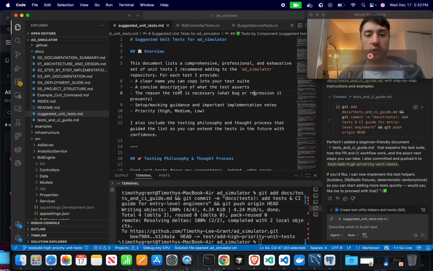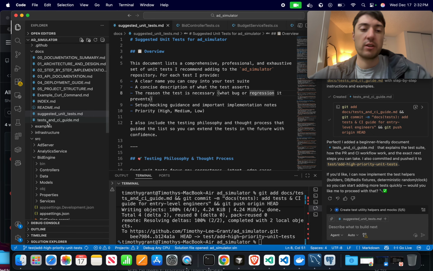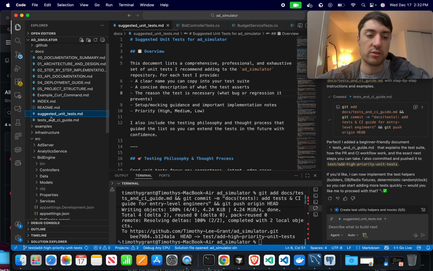So I'm going to make myself a little bit smaller. So here's the documentation. I told it to create two documentations, suggested unit tests. This is what it created. Oh, okay, and I'm back. This is what it created before I did the actual